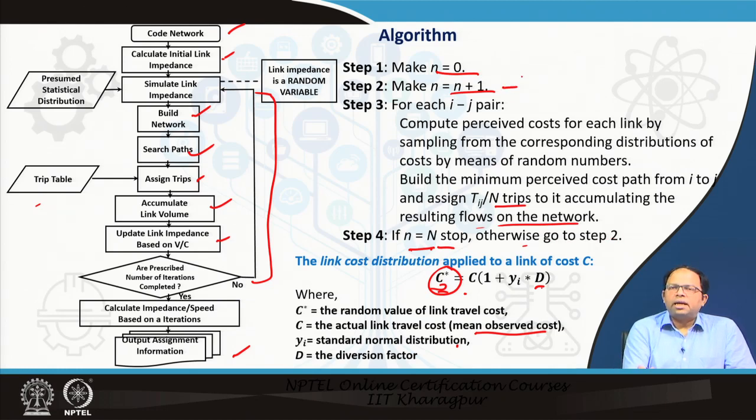So, that means we update the number of iterations from n to n plus 1, and then we keep on doing the same thing. That means we choose another set of new values for the links, and then create the shortest path out of those new values and assign this particular group of people to that shortest path, and we update the entire traffic volume of that particular network. So, in this way we will come to a point when all the traffic volume has been assigned to the network, and that is how we actually do the assignment in Monte Carlo-type algorithms.